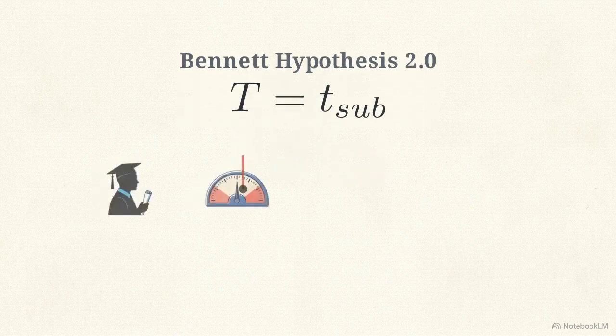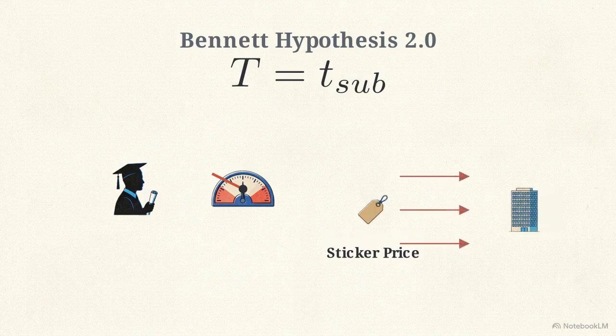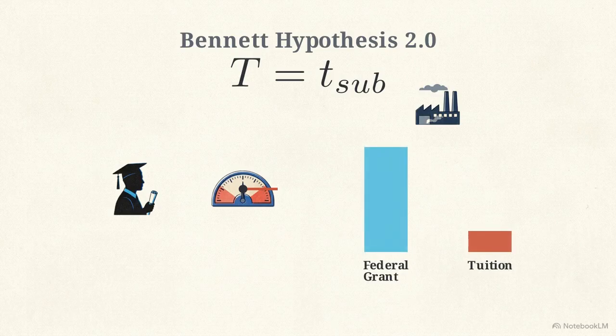When federal student aid increases, institutions capture that new capital through an internal tax rate on the subsidy, a dynamic explained by Bennett Hypothesis 2.0. Highly selective institutions may appear to pass the federal grant directly to the student. However, they capture this aid over time. By using federal loans to underwrite costs for wealthier students, they raise their sticker price, using the extra revenue to fund campus infrastructure and administrative expansion.